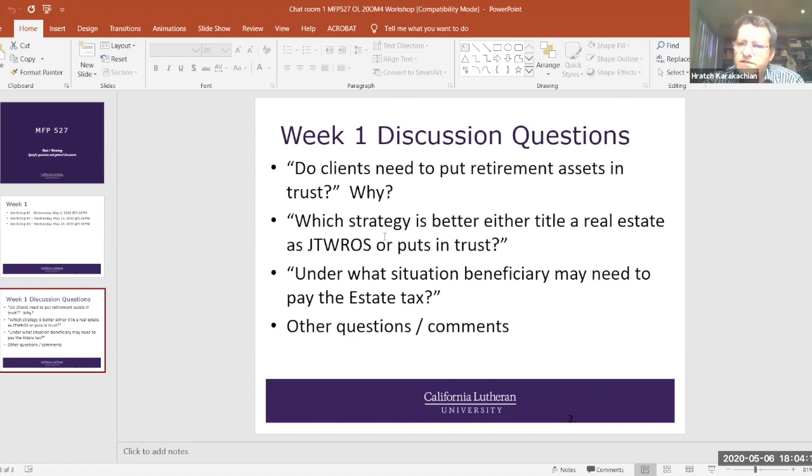I did come across a situation recently, last year, where a husband and wife didn't have any children. They had a business and they had a home, a residence, but for some reason they did not want to have their attorney draft a trust for them. So they held the real estate, both the business and their primary residence, as a joint tenancy with right of survivorship. And the husband died a little over a year ago now. And the surviving spouse, the wife, inherited his interest. So she inherited the interest, no probate